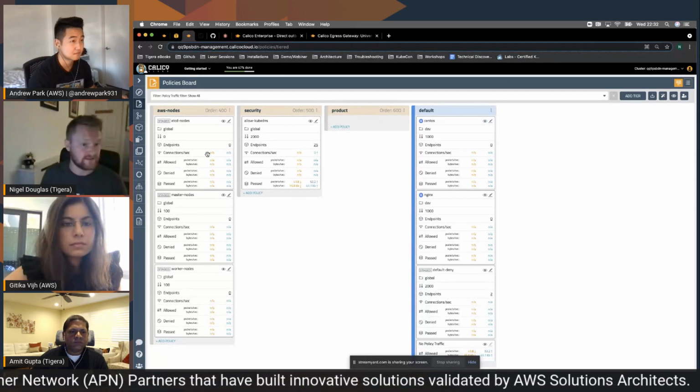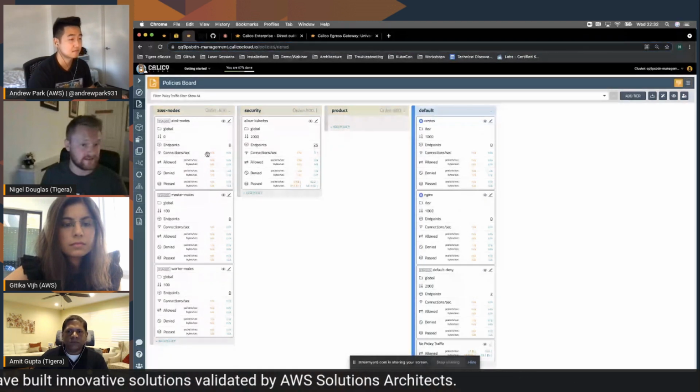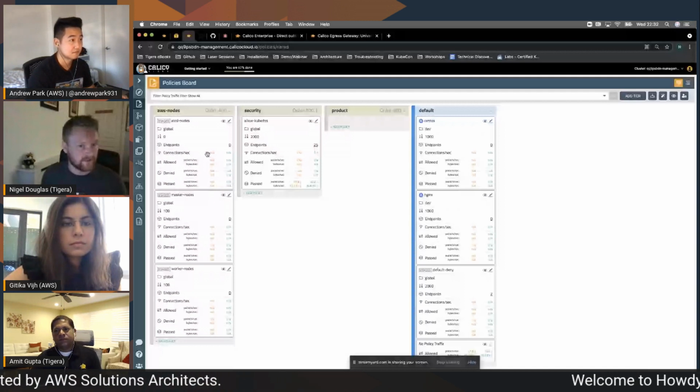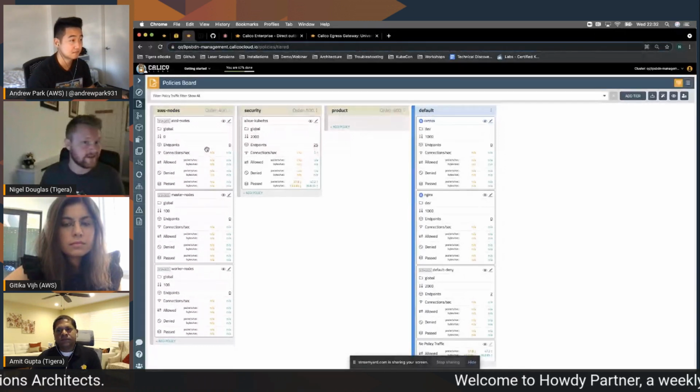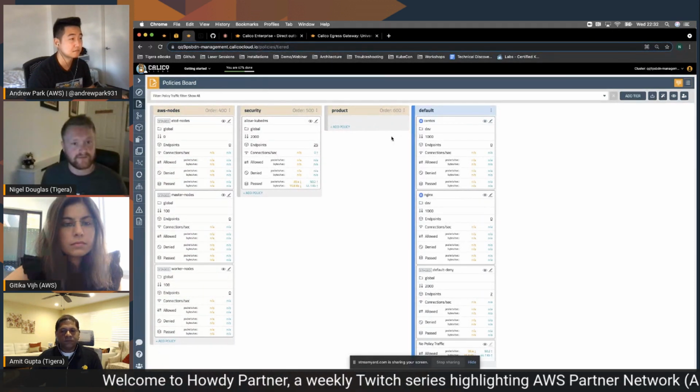Now, for those who aren't familiar, network policy is a way in Kubernetes. It's within the Kubernetes project. Kubernetes comes with its own network policy implementation, and then we have our own Calico version of that implementation. There are improvements in different ways, but really it's our way of controlling what traffic is allowed in and out of the cluster, or between pods in the cluster. So I've just created a tier.